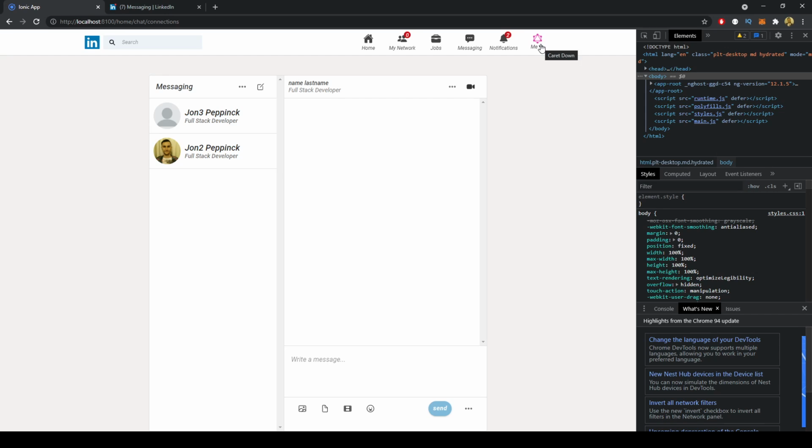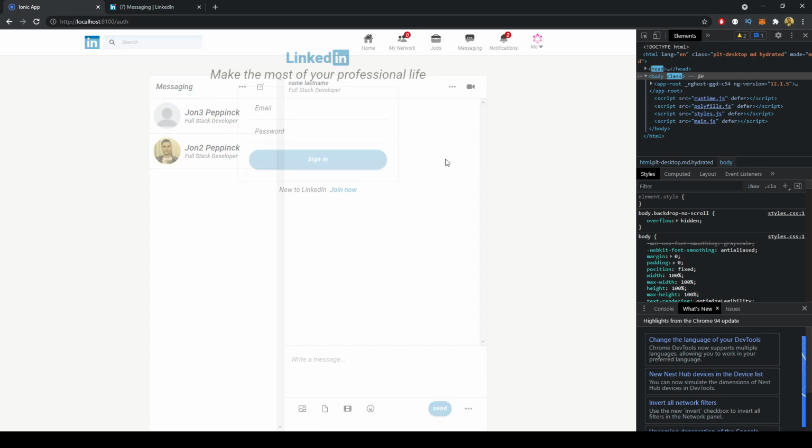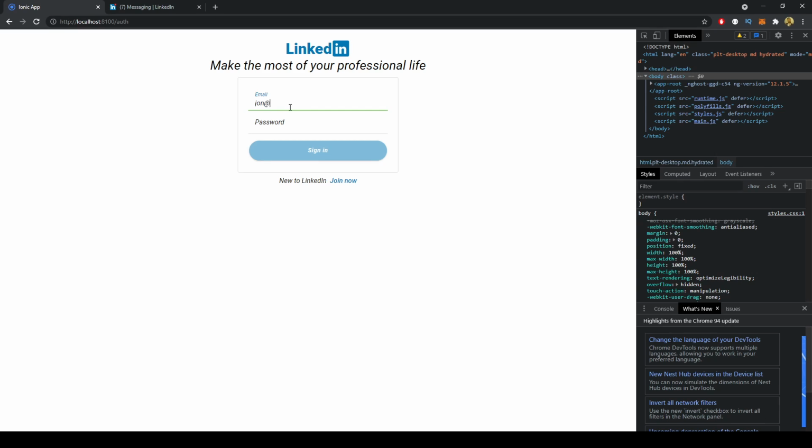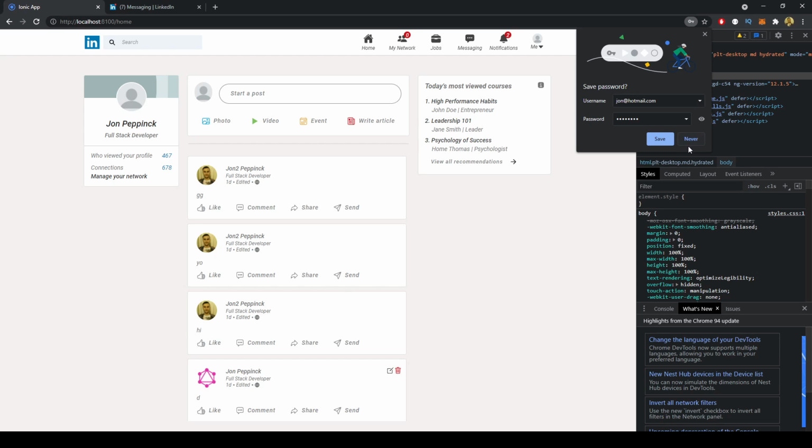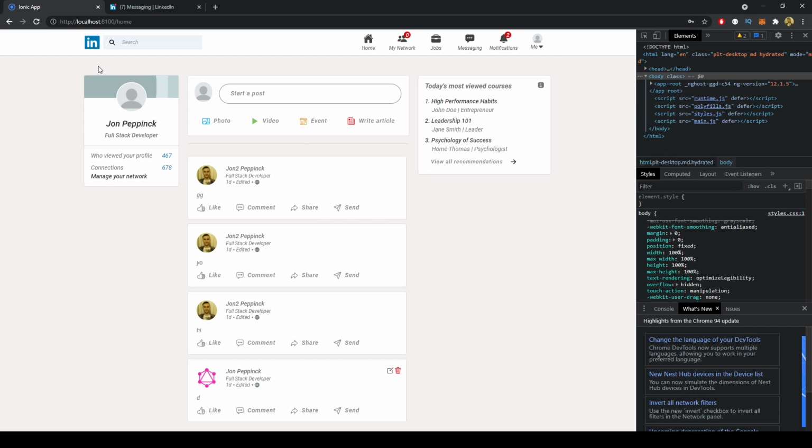So I haven't actually shown you this other bug yet, I don't think. But let's say I sign in as john@hotmail.com. Now we're getting this state where we're getting this blank profile image here. If I reload it, then it shows you the image. And also we got this banner here,